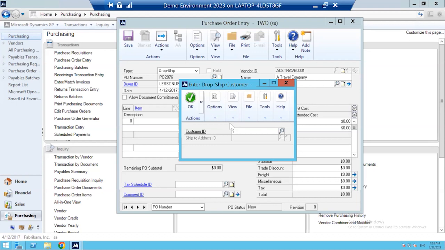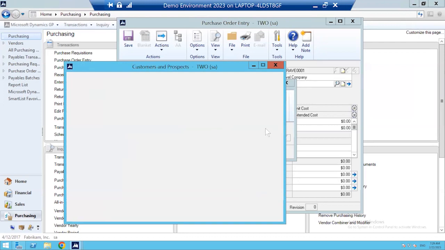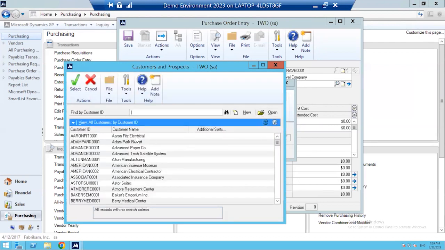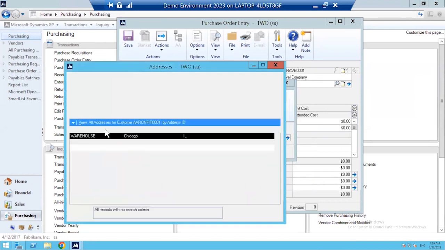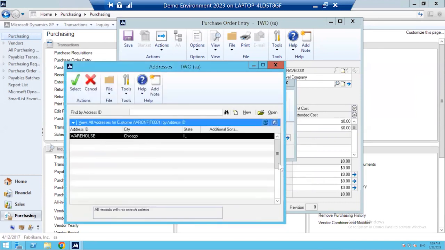So what is going to happen is that the inventory does not actually come into the warehouse. So I will pick a customer, and I would say Aaron Fitz, for example, right? And you can pick also the various ship to address, right? If you have more than one listed here,